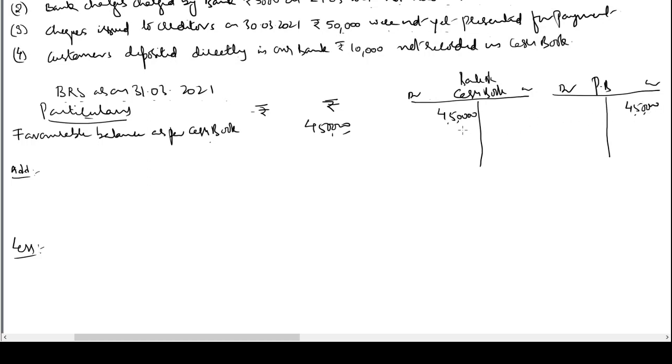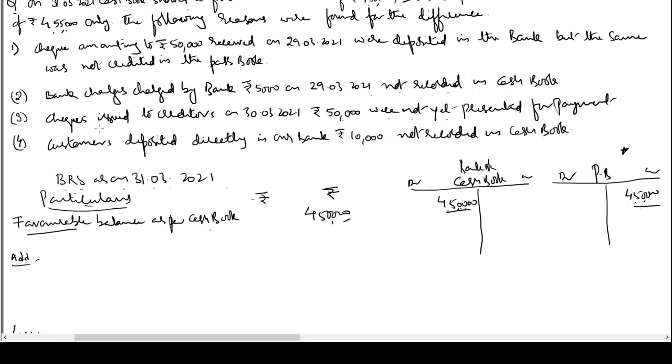We have learnt earlier, favorable balance means debit balance in the cash book and credit balance in the passbook. As a starting point, we have to keep both the balances equal. We want to make cash book equal to passbook, so I'm going to put a star mark here. Here, instead of writing 4,50,000, even if you write 1 lakh, 2 lakh, 3 lakh, it does not make a difference. But we have to put the balances on the debit side of the cash book and credit side of the passbook because we are starting with favorable balance as per the cash book.